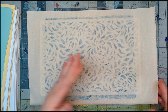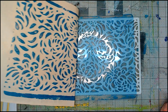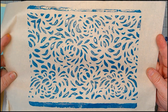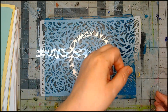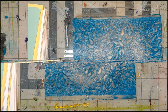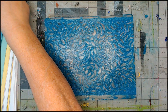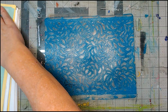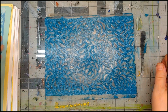Okay, so then you do that, and this is what you get. Look at that. That's beautiful. I love that. And then I want to pull this off because I'm done with this. And I'm going to let that dry. And then this goes upside down on a piece of paper, and I try to get some of this paint off. But this time, not only did I press down on the design to do the...